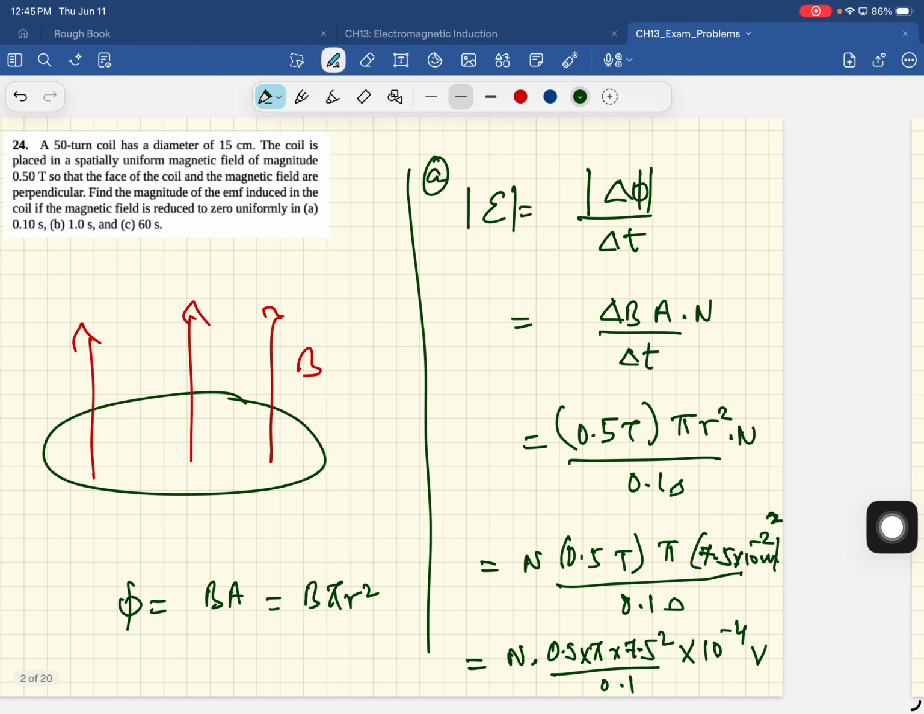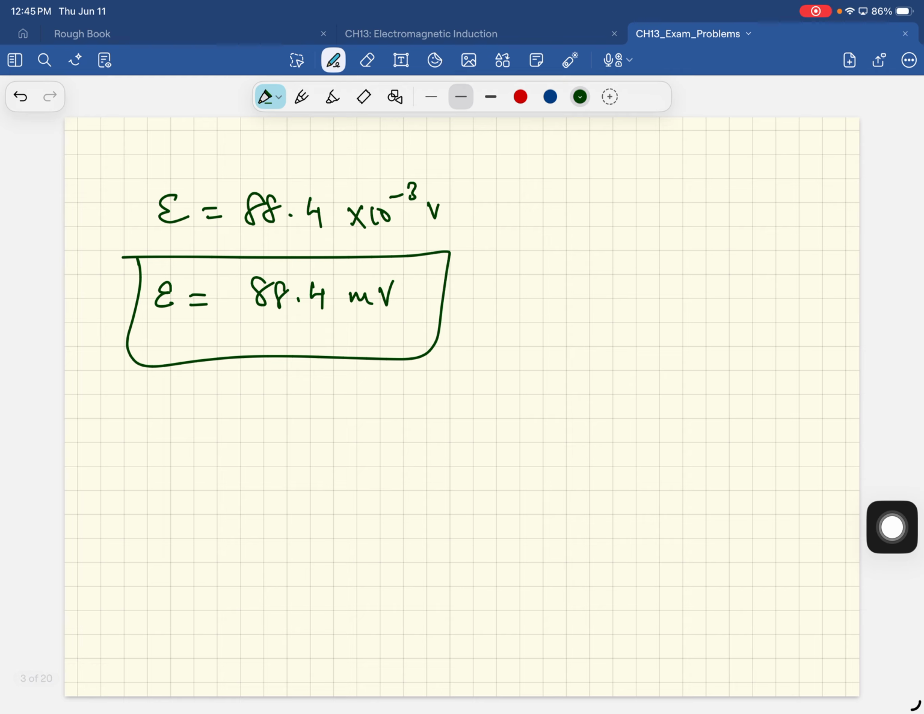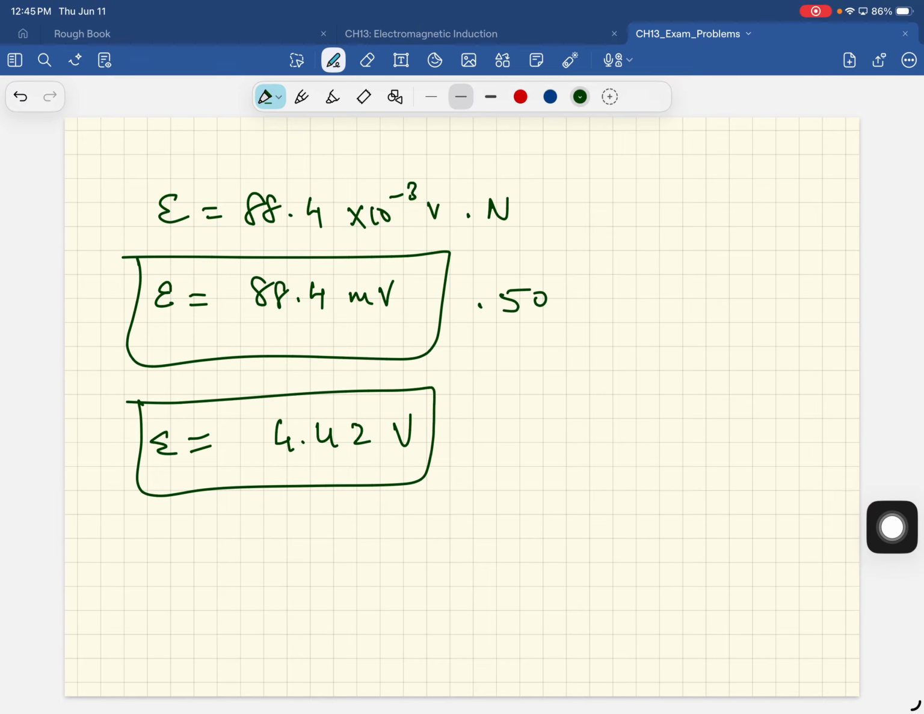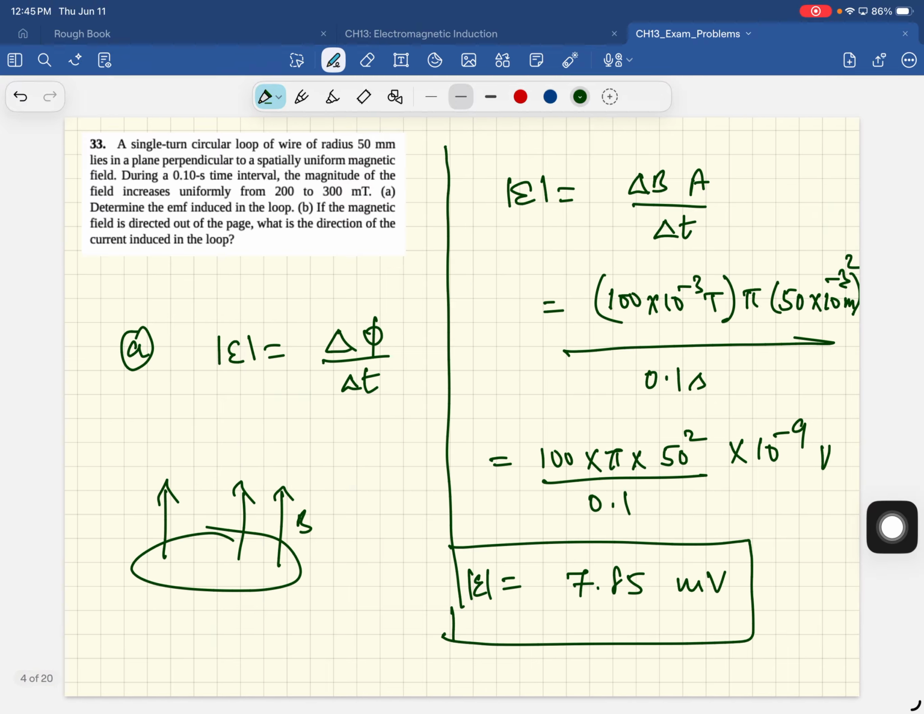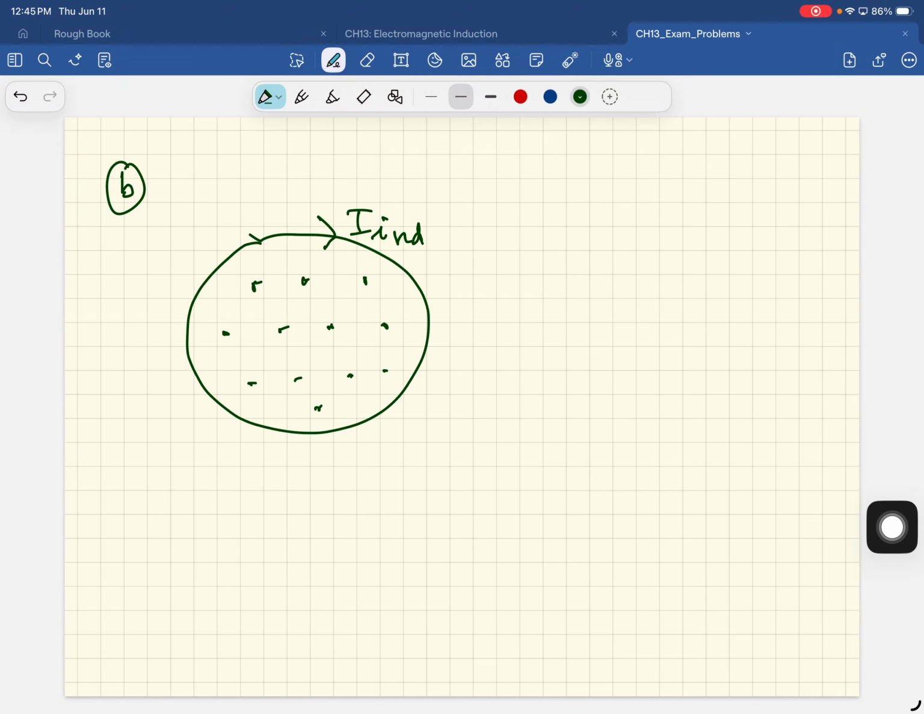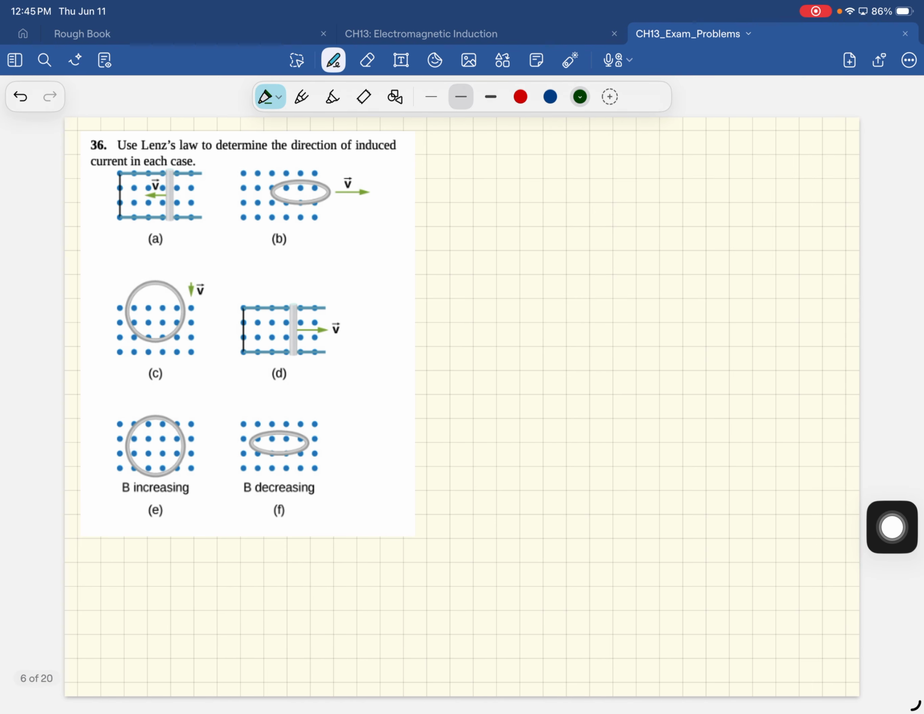A coil of 1,000 turns encloses an area of 25 centimeters square. It's rotated in 0.01 seconds from a position where its plane is perpendicular to the Earth's magnetic field to where it's parallel to the field. If the strength of the field is that, what is the average EMF? So the average EMF